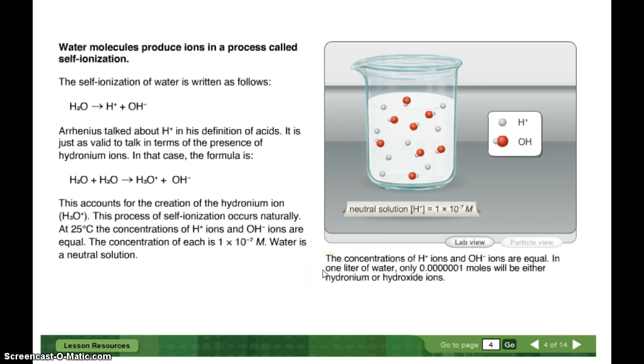In 1 liter of water, only 0.0000001 moles will be either hydronium or hydroxide ions. Okay, so really you have